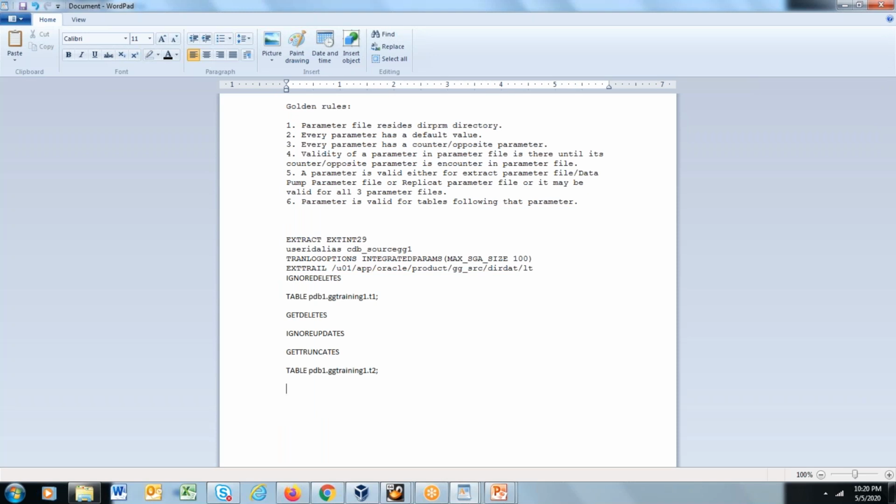So what would be my parameters? First of all, for updates, get updates. Why do I need to include it? Give me the reason as well. Because in the previous place it was ignore updates, so it is valid throughout until the next table appears. Exactly. The requirement is that we have to capture updates. From this point onwards, your ignore updates is coming. As a result, to nullify the effect of ignore updates, you have to include the parameter get updates.